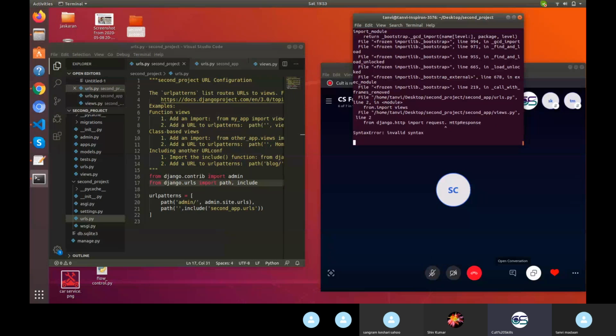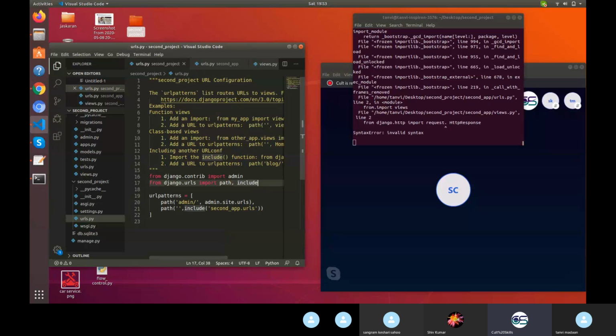See, where is include? It's saying request and HTTP response. So the include part has already been sorted. Now the thing is that you have actually placed a dot after request. It is request comma HttpResponse, not request dot HttpResponse. You need to change it.